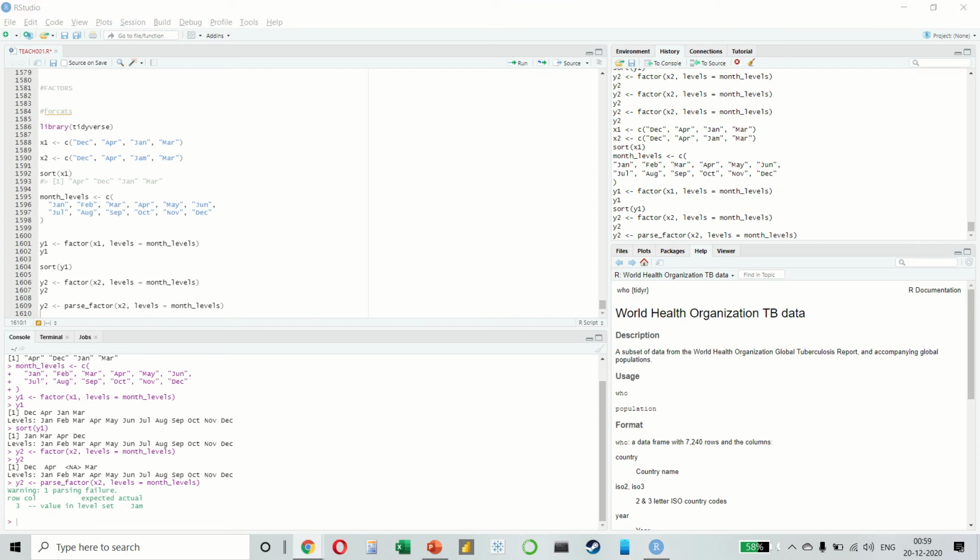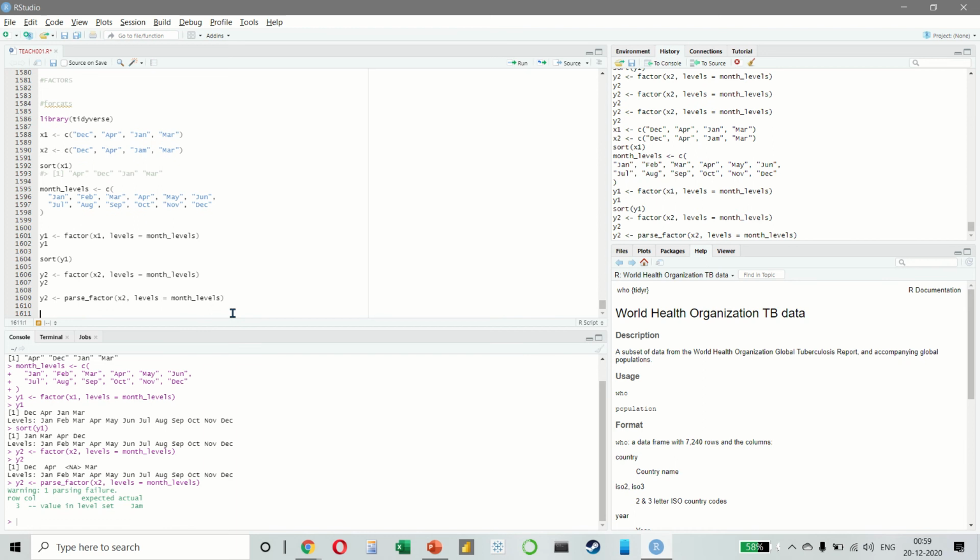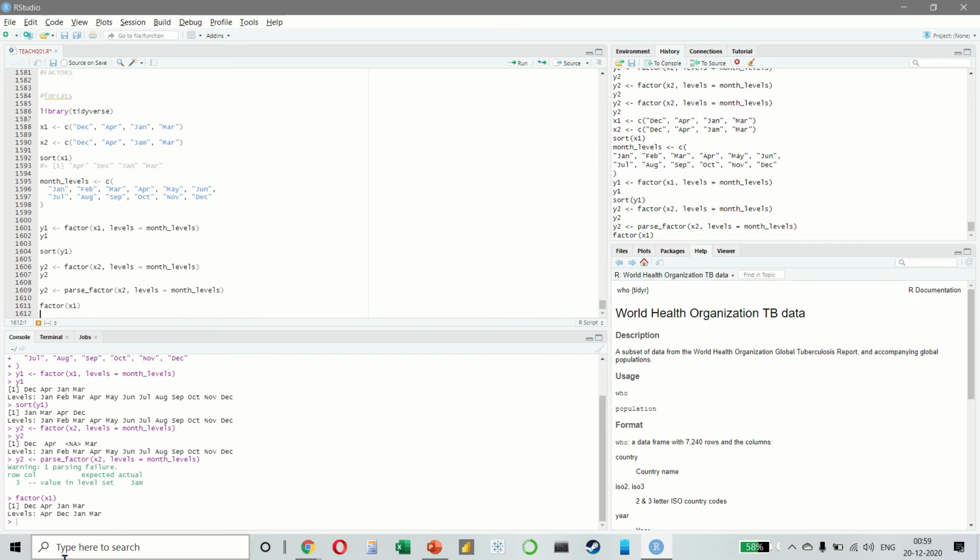If you omit the levels, then they will be taken from the data in alphabetical order like this. Now, sometimes you would prefer that the order of the levels exactly match the order of first appearance in the data. To do this, create the factor by setting the levels to unique(x).